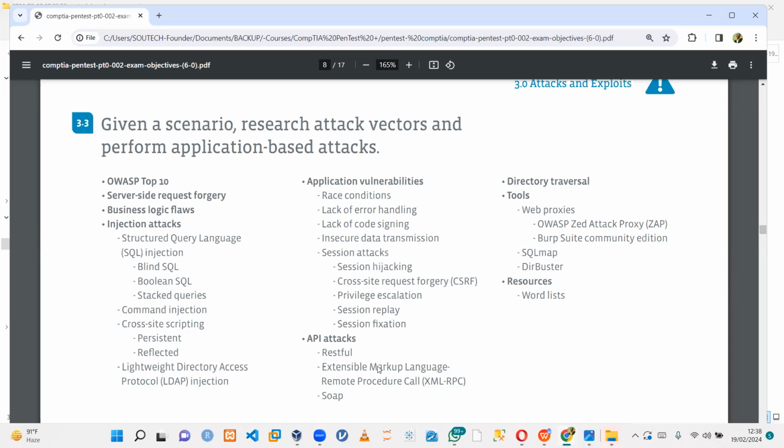Now, another thing we want to look at when it comes to attacks is application-based attacks. So both desktop application, web application, and at times cloud applications. So you need to understand the OWASP Top 10. So the OWASP Top 10 is from the Open Web Application Security Project, right? Or at times we say Open Worldwide Application Security Project, a list of things that